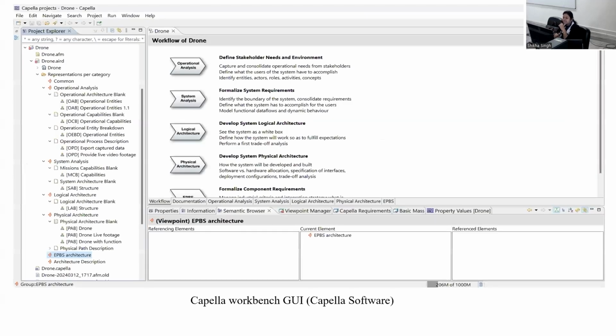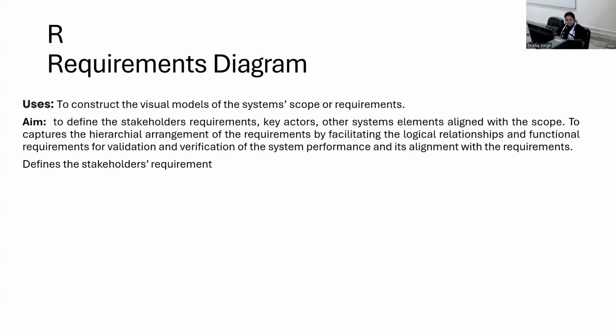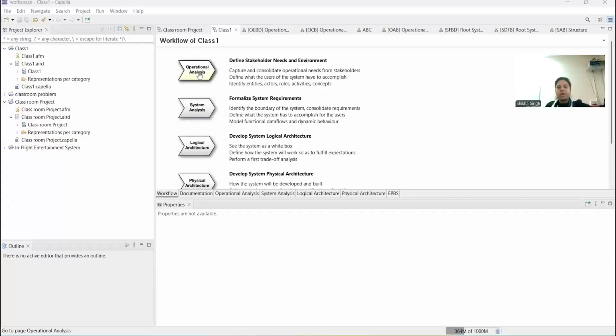Now after this, I wanted to express a few more things: how exactly are you going to use these models, and how will you develop them? I was having just a thought here that if you are all okay, I can show you the Capella interface. So now you see here what I'm trying to explain. I am just trying to show you the interface, whatever we have studied in theory, how it can be